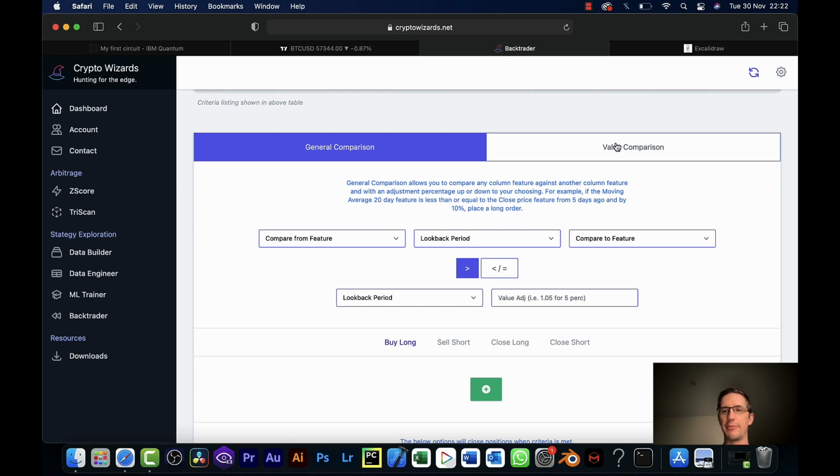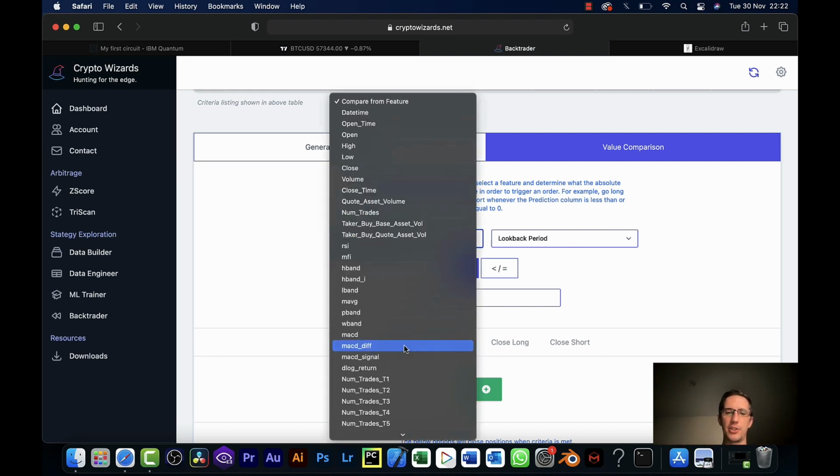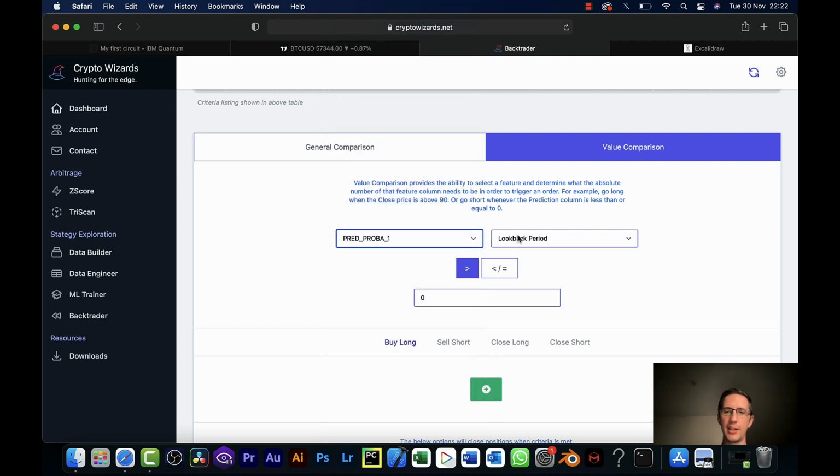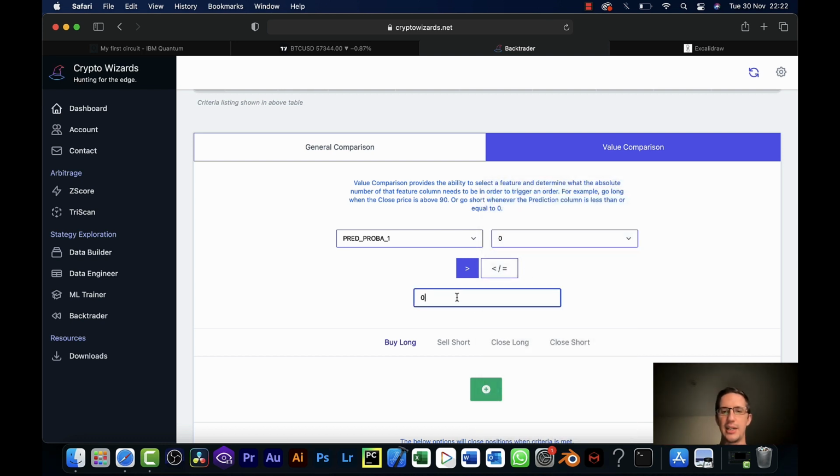And so what I'm going to do is select value comparison because I wanted to place a long or a short trade based on an actual specific value of one of the columns. And here I'm going to choose the probability of it being 1. And the look back is 0 because I wanted to look at that current time step. So what it'll do is go through, for backtesting, each row of data. If I put look back 3, it would look at this current row of data, then look back 3 time periods to look at the value for reference on whether it should place a long or short trade in this time period. But to keep this really basic, I just wanted it to look at the current time step. And if it's greater than 0.5, I want it to go long.